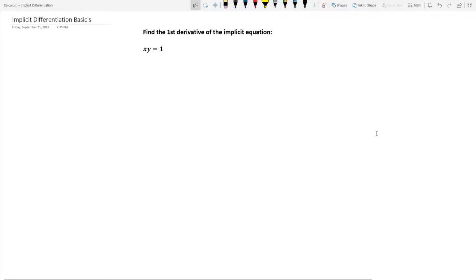So this is the first video on implicit differentiation. And what we want to do is find just the first derivative of the following equation. Some things that we need to keep in mind is that implicit refers to an equation that is not explicitly